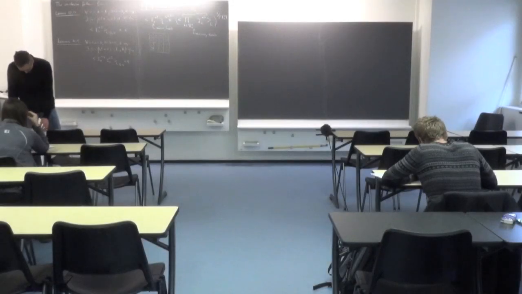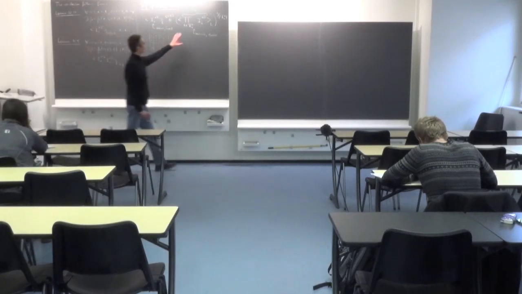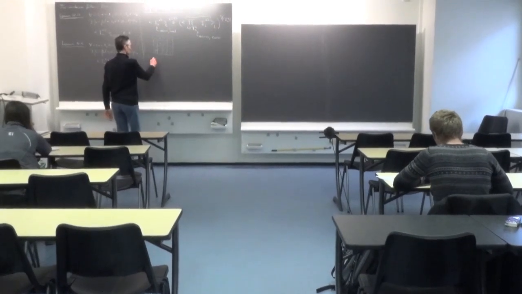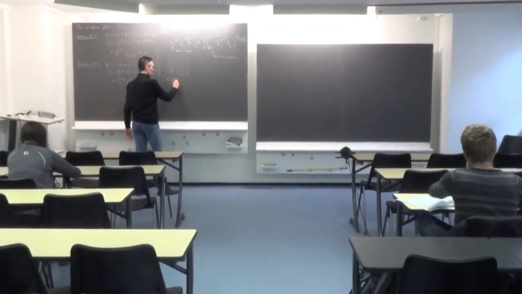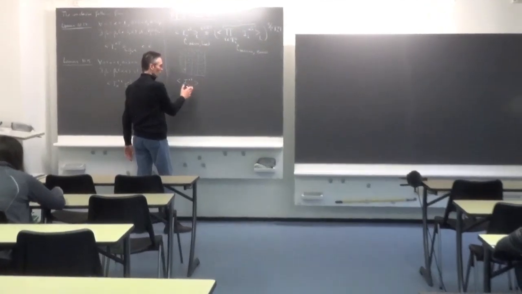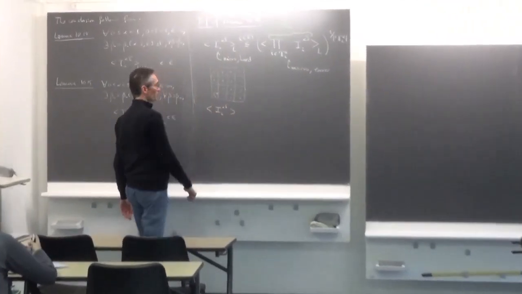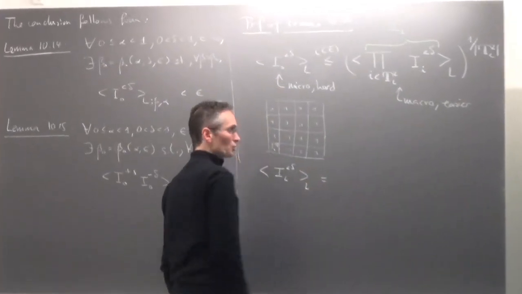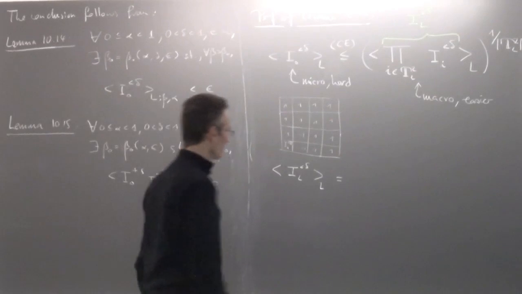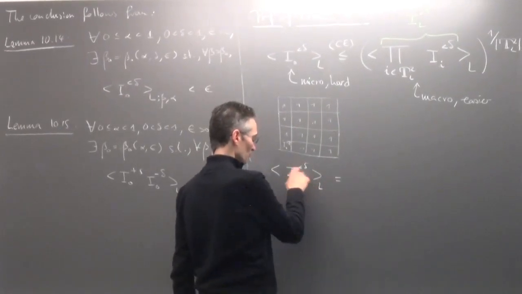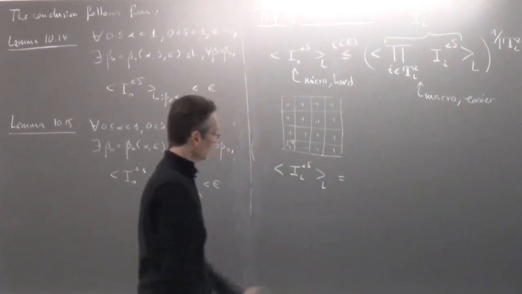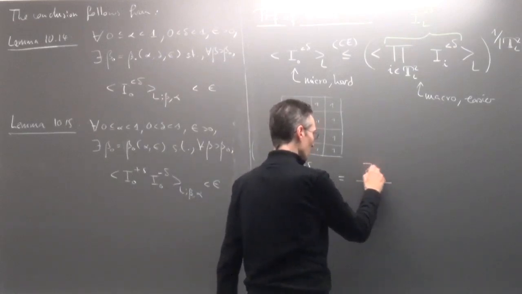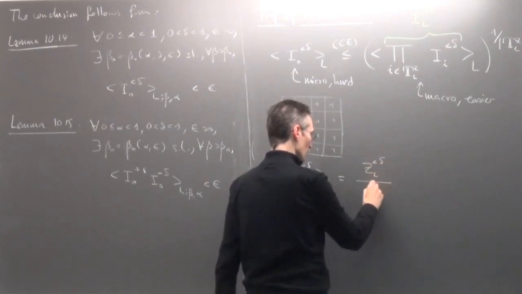Okay, we'll resume. So now I want to show you how we can easily upper bound this term. We want to upper bound the expectation of the event I_{L<δ}, that all the spins, all the spins on the lattice, have a first component which is smaller than delta in absolute value. This I can write as a ratio of two partition functions, one restricted to configurations which satisfy this event, and the other one which is just the usual partition function. So I can write it as Z_{L<δ} over Z_L.